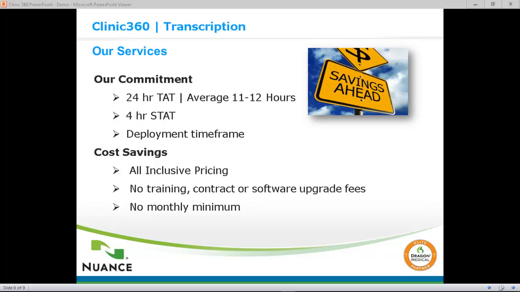Alright, so let's take a moment to go over our services and our commitment to you when it comes to the Clinic 360 transcription solution. Alright, so you're going to be guaranteed a 24-hour turnaround time on any transcription, and that averages about 11 to 12 hours, typically. You also have an option for a 4-hour stat turnaround time in case of an emergency, so definitely nice to have that option as well. And both of those options are going to give you that 99% accuracy level